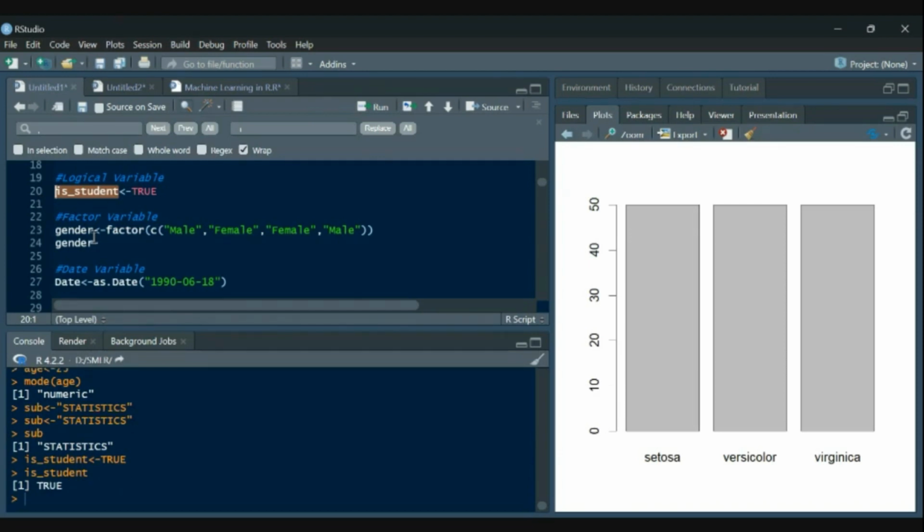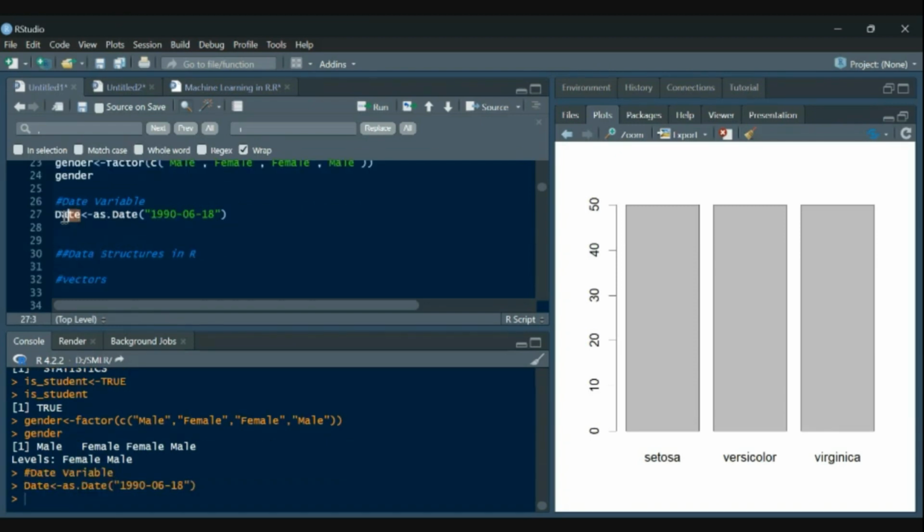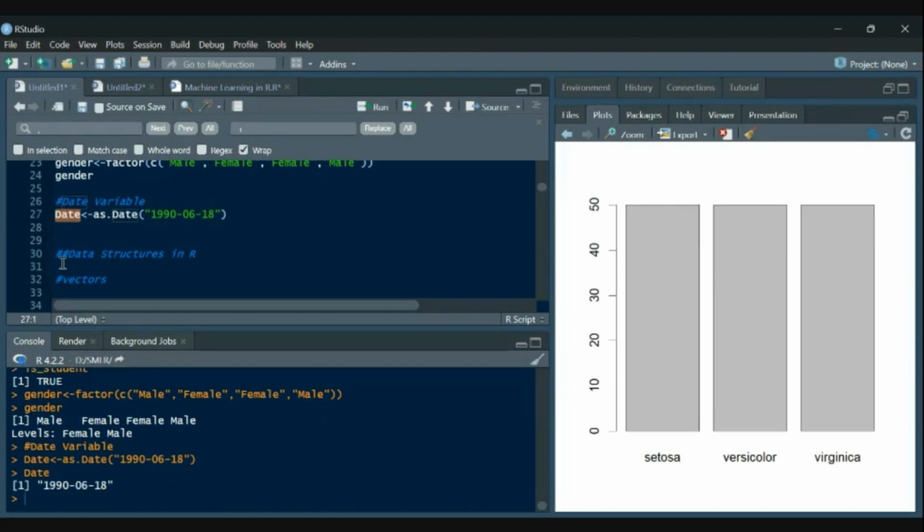Then I introduced you to factor variables, where gender was stored as a factor variable, with levels male and female. Then we assigned a date variable using this date.